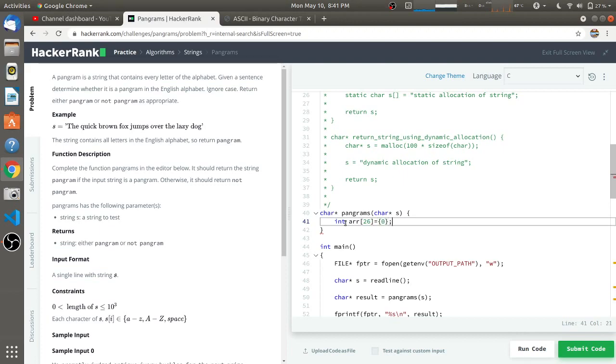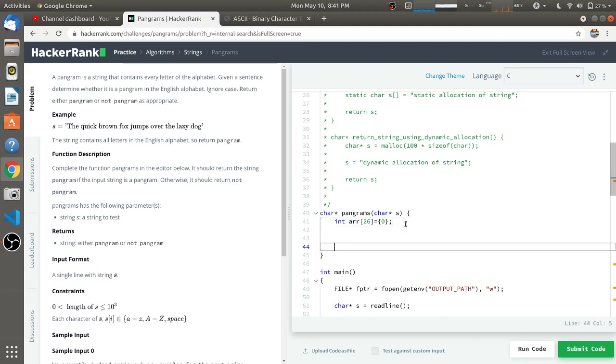As I'm initializing only the first element, all the elements will automatically be initialized with 0. Just consider this array as a map of A to Z, as I'm assigning the value of A to the 0th index and the value of Z to the 25th index. I'll be incrementing the value as the character arrives in the string.